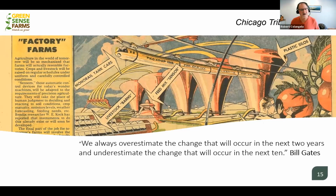To my point of how long things take to happen in the ag industry, the Chicago Tribune in 1961 wrote an article on factory farms. The article talks about the world of tomorrow, how we're going to have farms that are automated and timed using sensors and automation. They didn't call it AI and robotics, but that's what they were talking about. This article was written almost 60 years ago, and we're now just starting to see this technology hit the